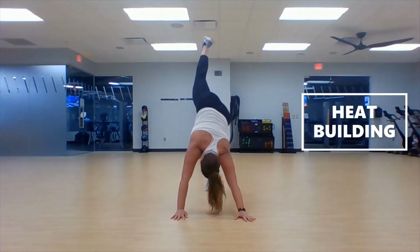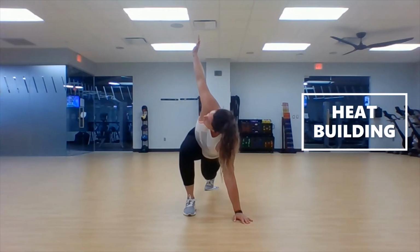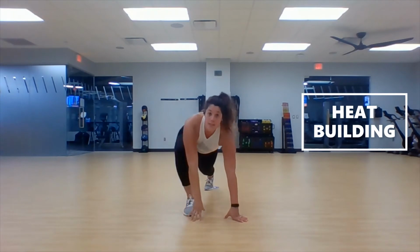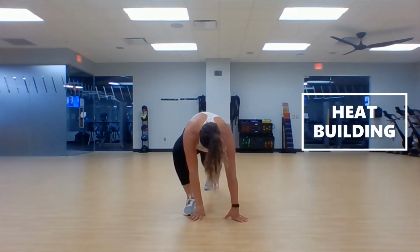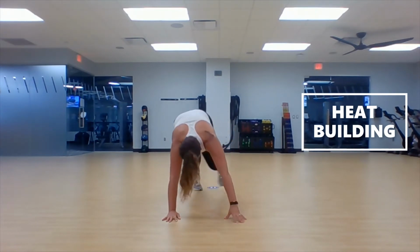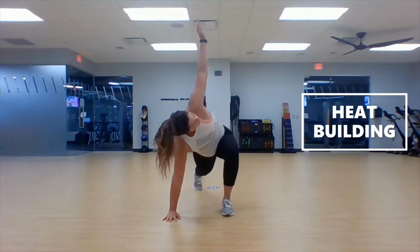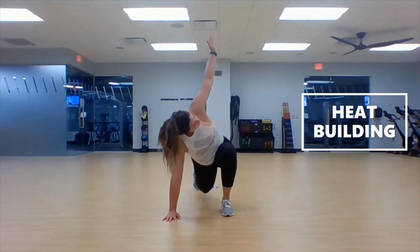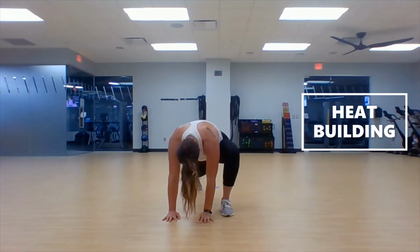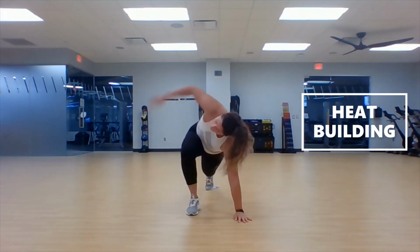Bring that right leg up and send it up to the hands and open to the right. You can move those hips like I am, or you can just hold like I'm doing right now. Completely up to you. Hand comes down, same leg. And switch, open left. Hand down. Good, switch, open right,